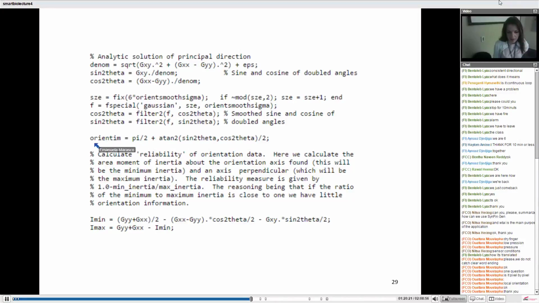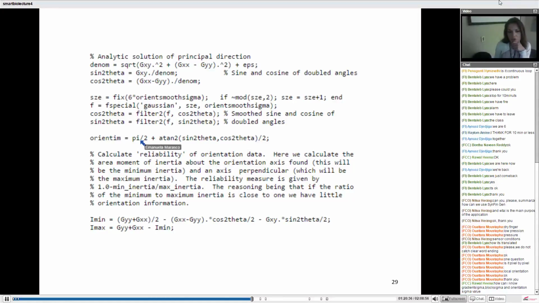What we can see is that we compute the magnitude, the intensity of the gradient, and the orientation, orient im, which is the output variable, will be normalized with this formula. So we will have an additional 90 degrees,